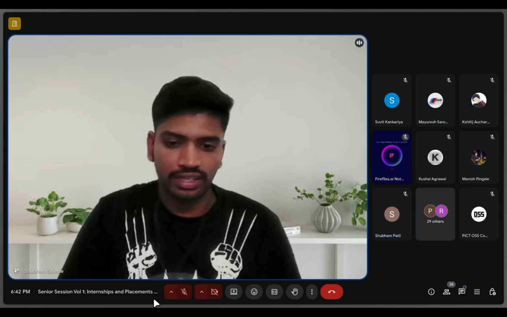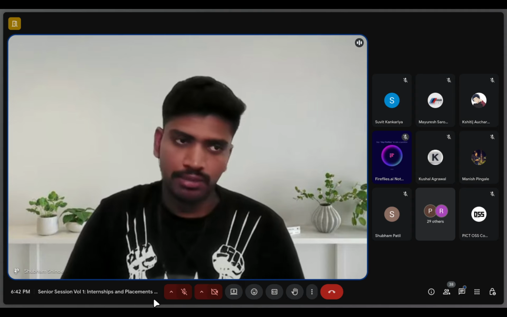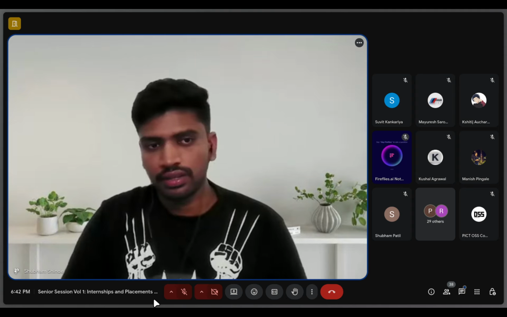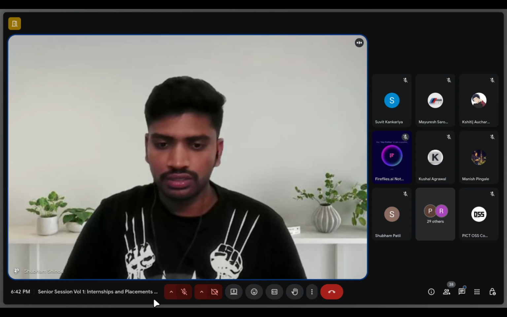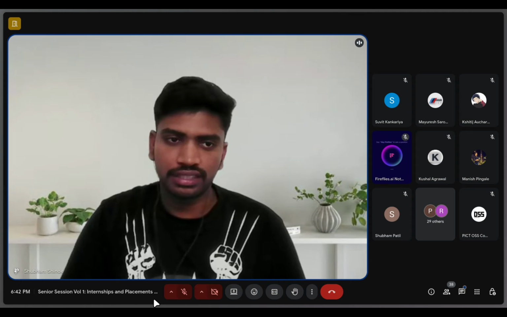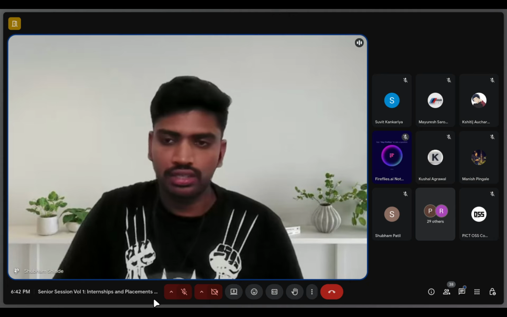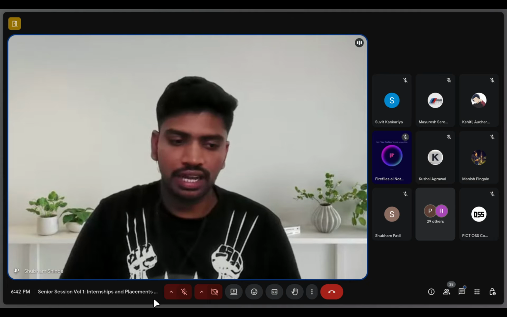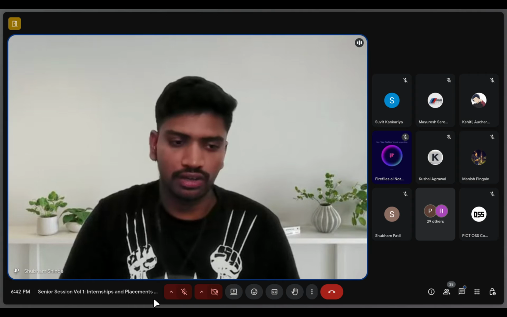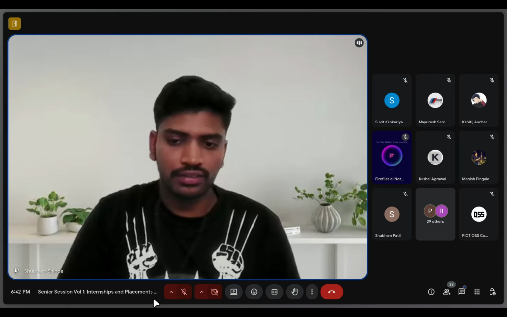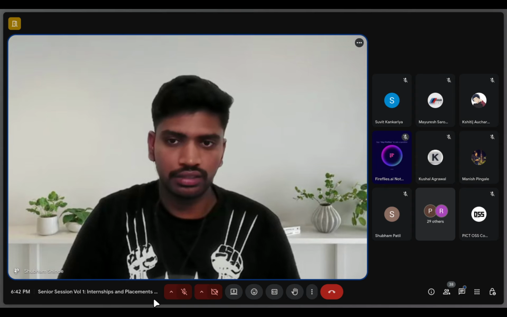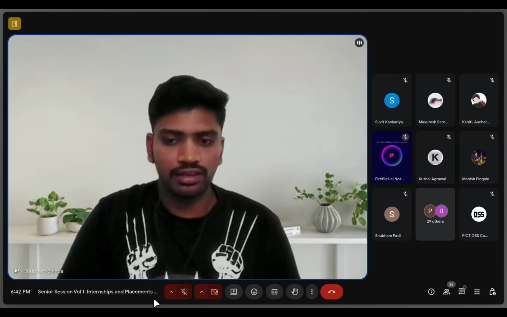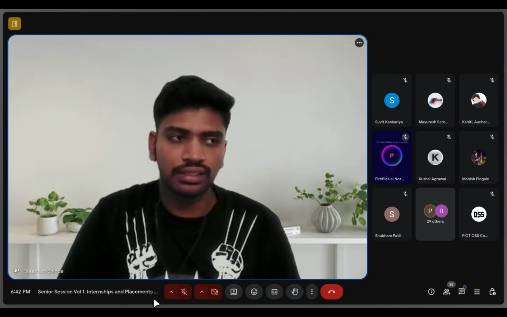Also in the Flipkart Grid 6.0, I remember that problem statement. They asked for something like what Myntra does. When you are purchasing any clothes from Myntra, you can see how the clothes will look on a person. They were working on that feature, so Flipkart also wanted that kind of feature. It can look like an ML problem, but it is actually a conceptual problem.